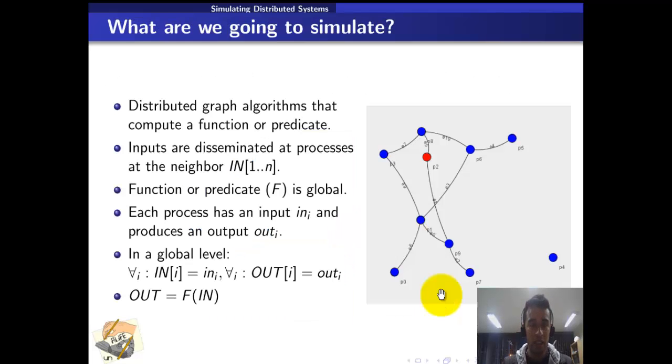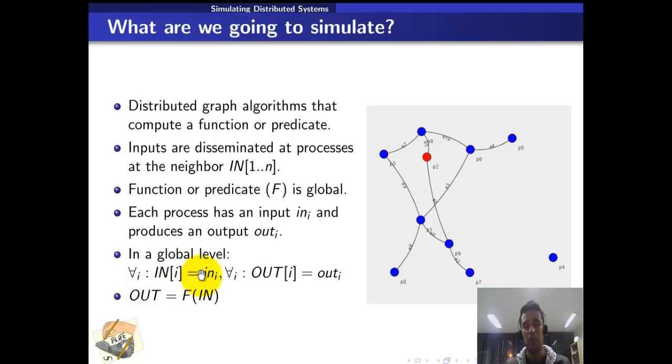I'm going to simulate distributed algorithms that compute a function or predicate. In this case, I'm modeling processes that are interconnected in a neighborhood that I model as a graph. The function or predicate f is global, and each process has an input sub i and produces an output out sub i. At a global level, we can see them as two vectors, a vector of inputs and another vector of outputs, where input sub i